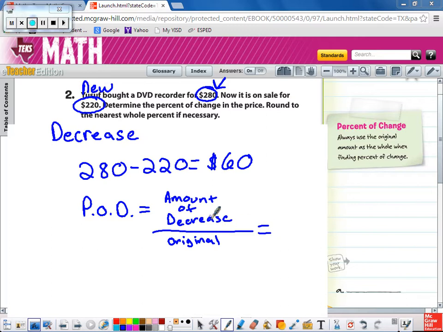It decreased by $60, and I'm going to put that over my original amount, which was $280. So now I'm going to simplify by dividing. 60 divided by 280 is going to give me roughly about